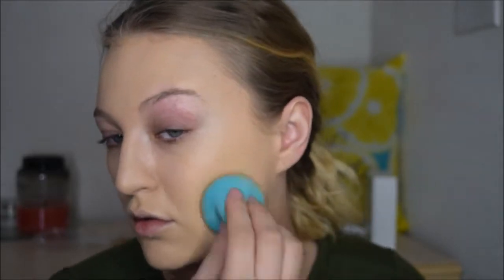I'm just adding not even half more of a pump just to get down the neck, make sure there's no harsh foundation lines. As you guys can see, this foundation is super beautiful though, and just adding that primer underneath really did give me a healthy glow to my skin, so we're not losing any of the luminosity with this matte foundation. So now I'm taking the LA Girl Pro Concealer, and actually hold on, the shade and foundation that I used was